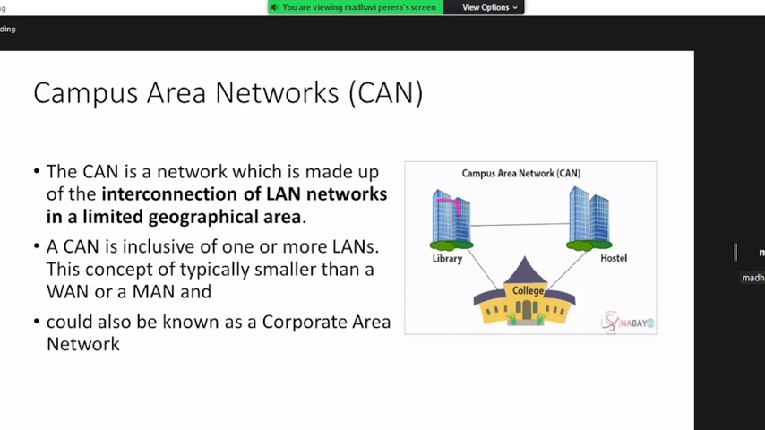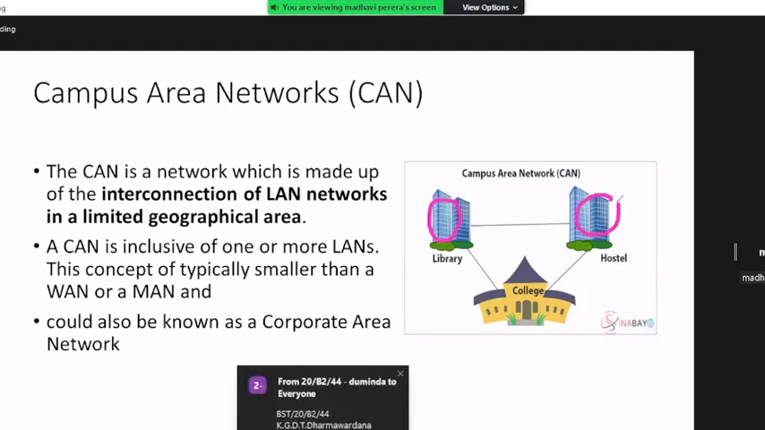For example, the library will have one LAN, the hostel will have another LAN, the college will have another LAN, and these LANs are connected together, right? Why are they connected together? Because these are